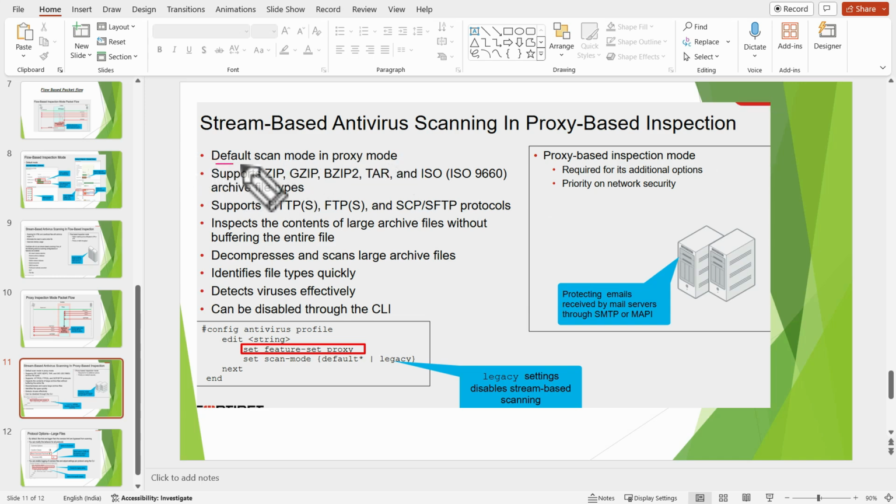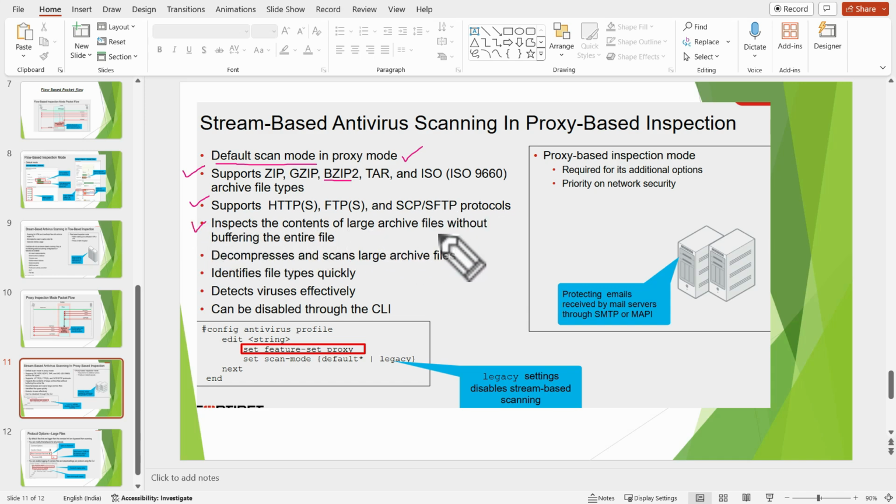So, the default scan mode in proxy mode. If we are in proxy mode, this will be the default mode, and it's supported on ZIP, BZIP2, tar, and ISO archive files, and supports HTTP, FTP, SCP, and SFTP protocols.